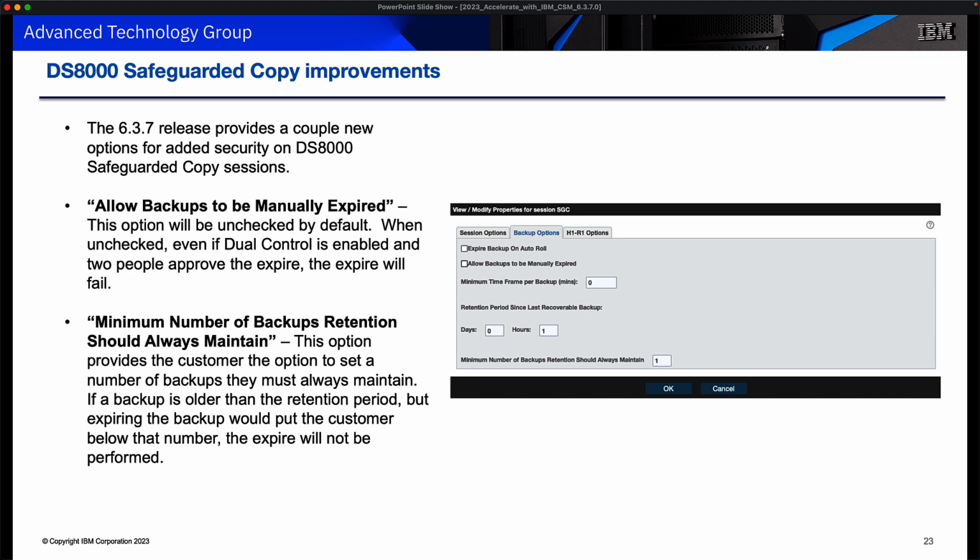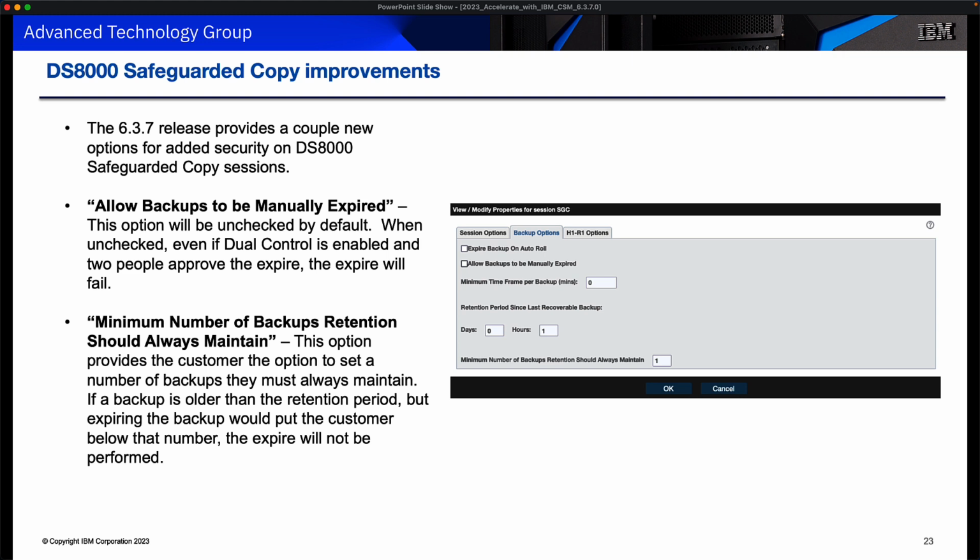The second property is a minimum number of backups that retention should always maintain. So we have the retention period, and you can see up there the number of days or hours. However, if something happens, such as your backups stop running, but you really are required to have X number of backups in your system, the retention period might kick in and cause you to have less than that number of backups. With this value, you can set that, hey, I need to always have 5 backups. Maybe you take a backup every day and want to keep them for 7 days, so you usually have 7 backups,